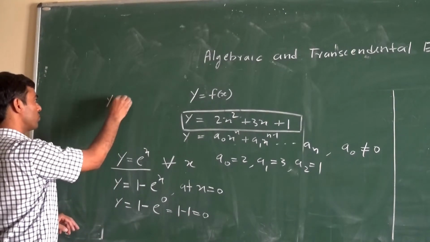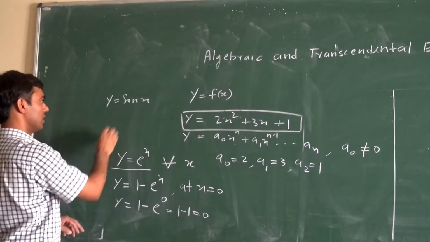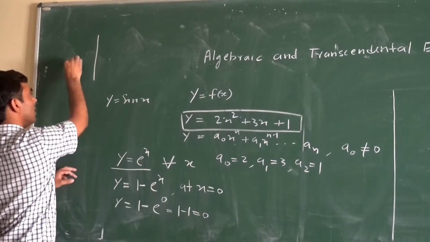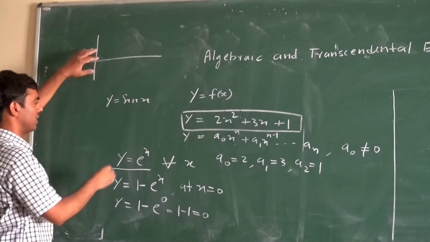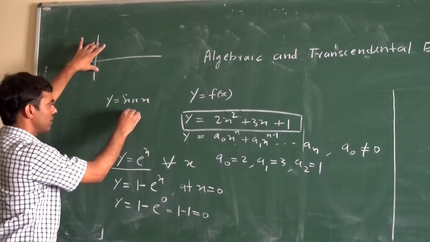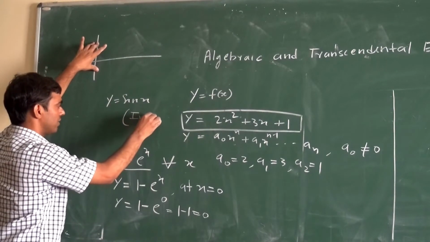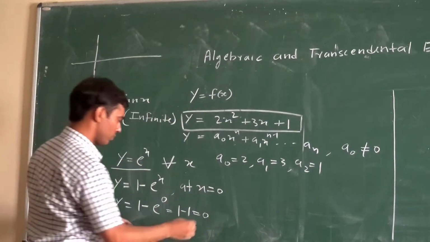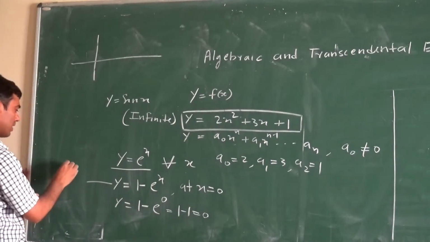If we write y = sin x, then we know that it intersects the x-axis an infinite number of times. So how many solutions does it have? It has infinite solutions, and this transcendental equation has a